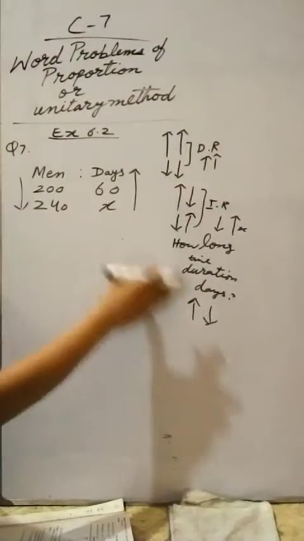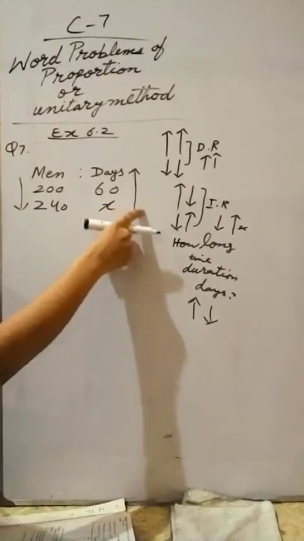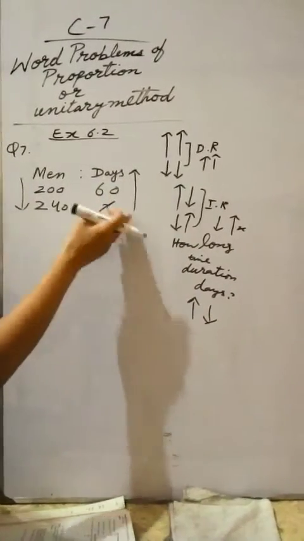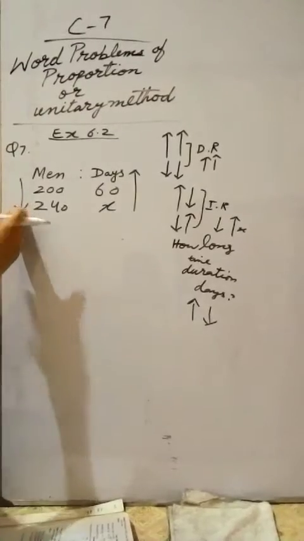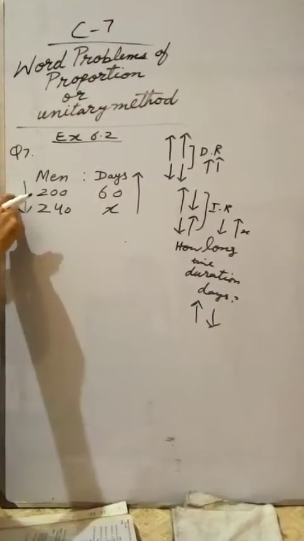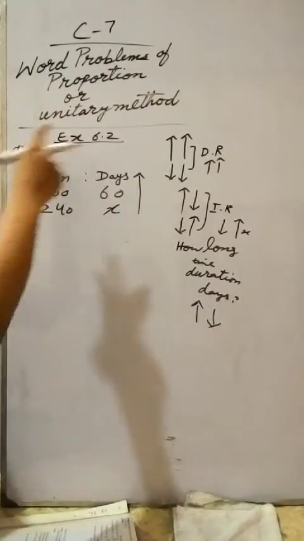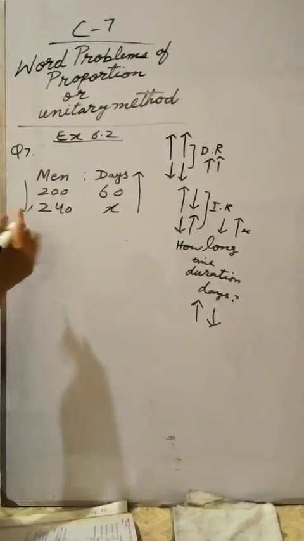Now inverse relationship. Condition is same. Inverse relationship. So this is the condition. Always put the increasement sign on x, but you need to put the decreasement sign on the other side. Either in rough work, increasement sign on men's side, but you need to always put x as an increasing sign and the other one will be decreasement sign. Now how to write?